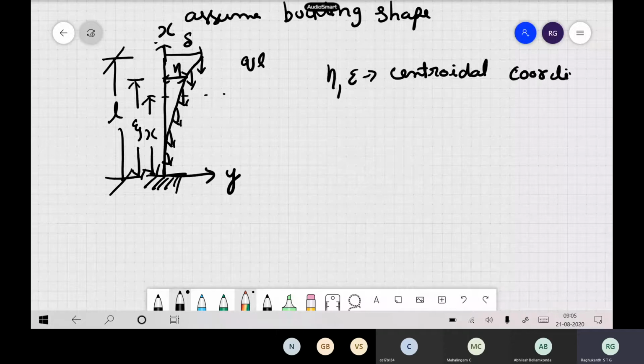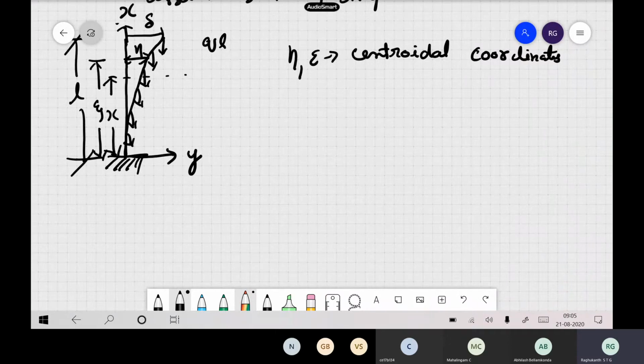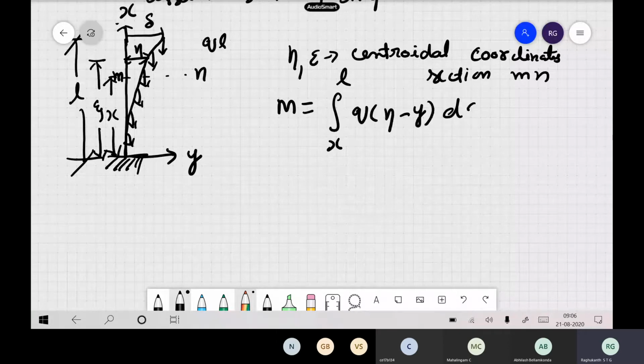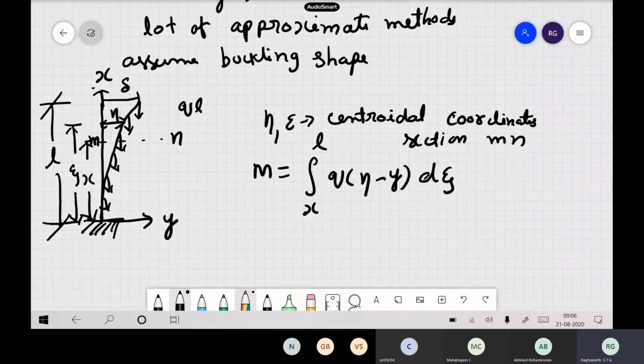Already we have discussed this previously, and we have written our equation of motion. Now if you want to solve this by the energy method, it will have only the bending energy, M squared, you followed, right? That expression also we know. Now the bending moment expression, if you write it at the section mn, we wrote previously. If you write in terms of centroidal coordinates, also we have seen, it is eta minus y into d psi. I think previously we used Greenhill's formula.